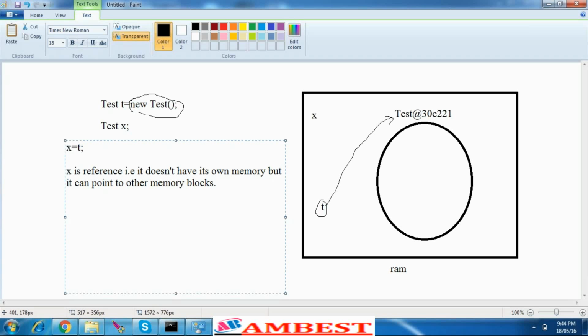So what is the advantage of reference? It will be cleared at the time of method overriding. Means you have to understand what dynamic method dispatch is. At that time you will understand why we have to create a reference, and why we have to indicate a memory block by a reference. So till that